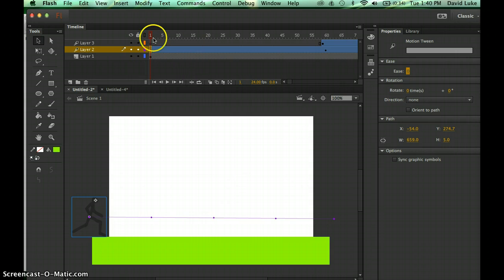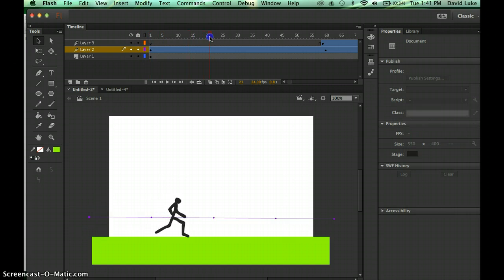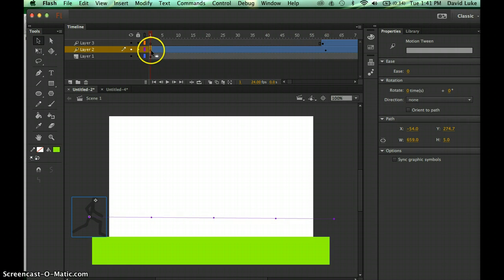So here I have basically my version of the Running Man. I have basically 2 layers. Remember, you should have 3. And I'm going to alter the ease of each of these tweens. So my layer 2 has a tween of the guy coming from the left to the right over 60 frames. What I'm going to do, and the sheet should follow along, is I'm going to select the first keyframe of that